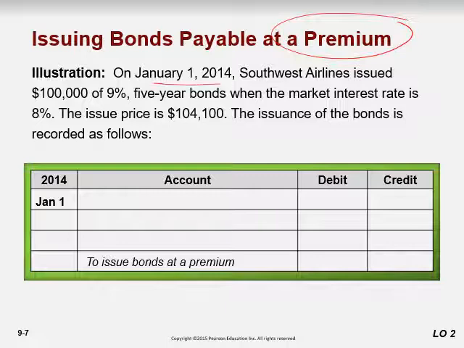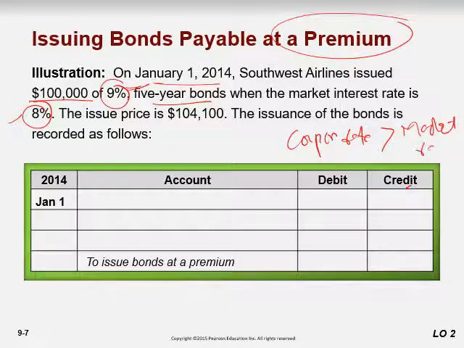On January 1st, 2014, Southwest Airline issued 100,000 of 9% 5-year bonds where the market rate is 8%. How do you know that this is a premium bond? Because the company is paying higher, and the market rate is lower. What was the tagline? The tagline was that when the coupon rate is greater than the market rate,